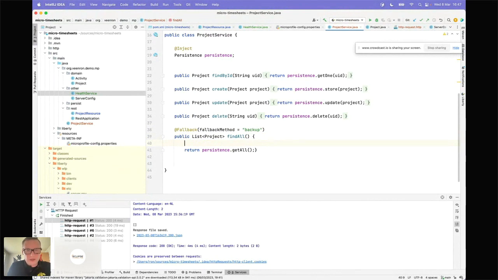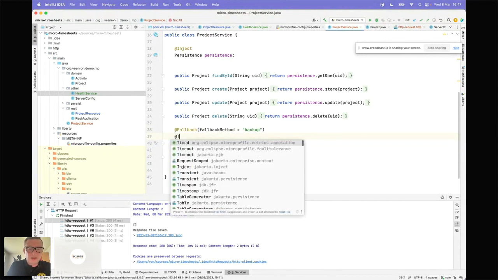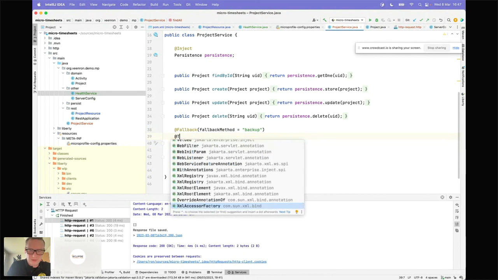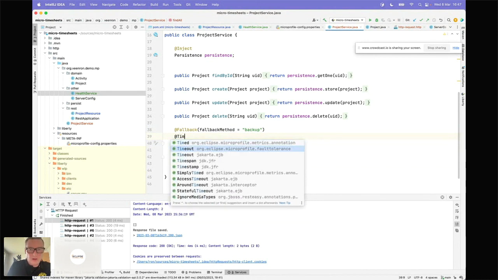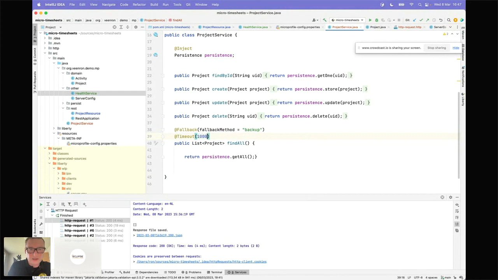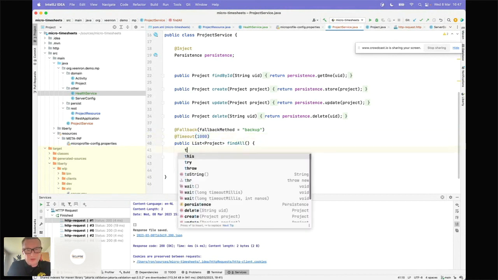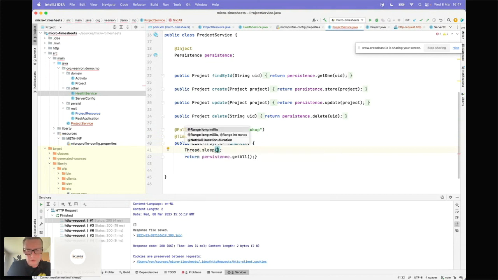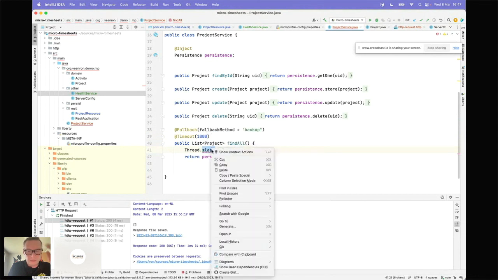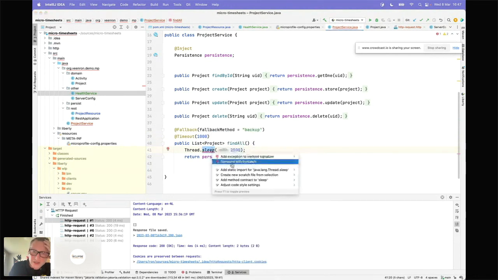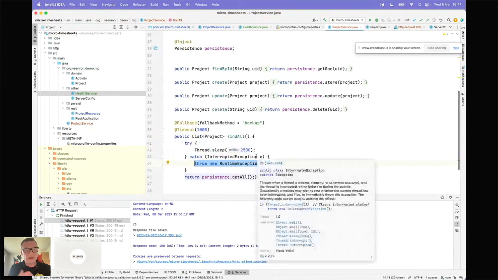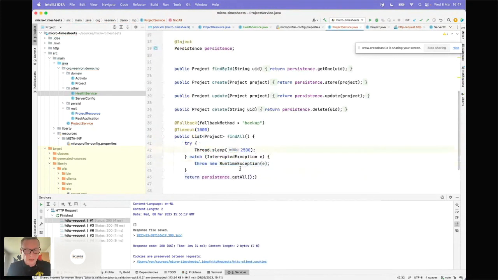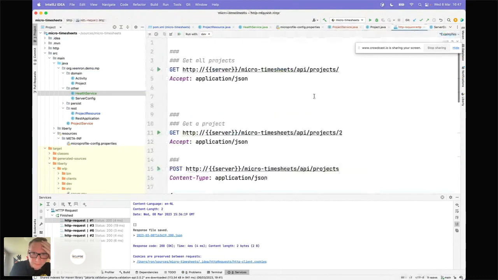So if we put an annotation on here and we say there's a timeout of 1000 milliseconds, and then we'll just make the system a bit slow by saying we'll do a thread sleep of 2500 milliseconds. Now, I guess you can imagine what's going to happen. The system will say, okay, well, sorry, you didn't respond in time and something is wrong. So if we would do it like this, and I would call the method,